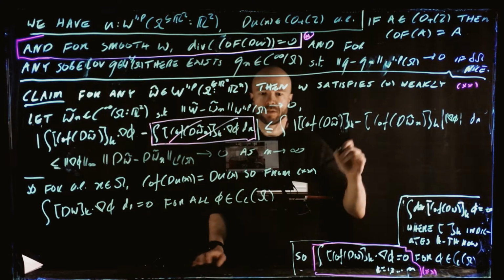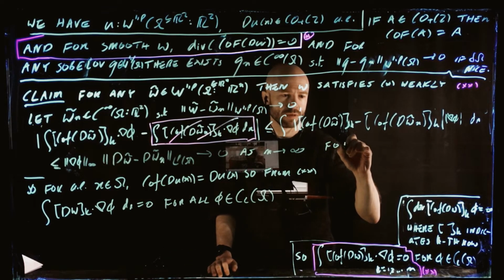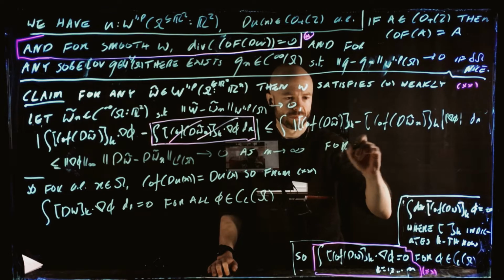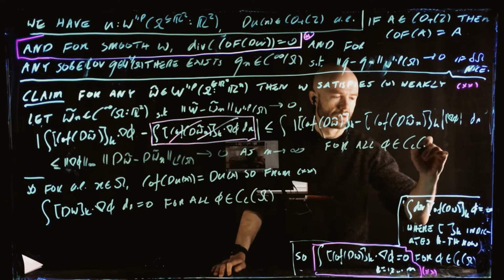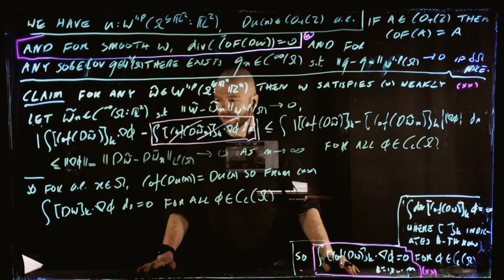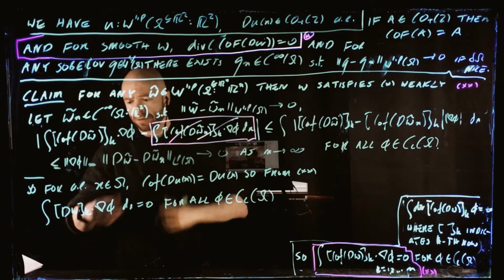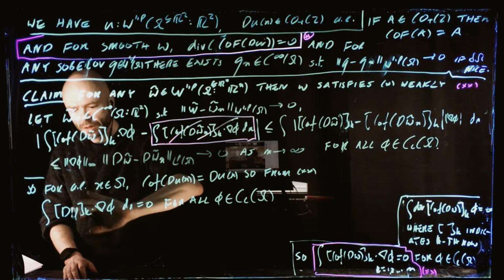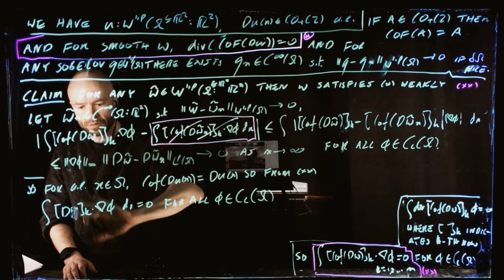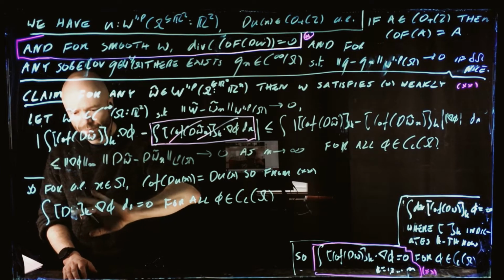I should emphasize this is true for all compactly supported phi in omega. And this is exactly saying that each component of W, oh, it shouldn't be W, it should be U, each component of U